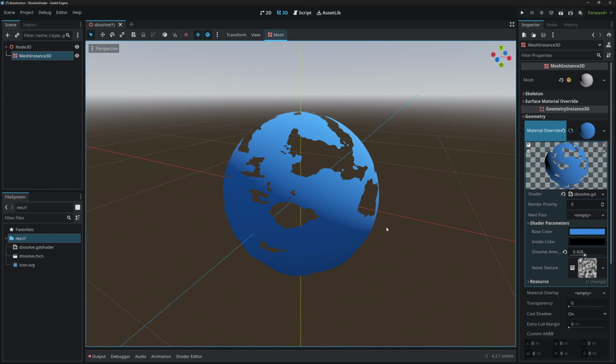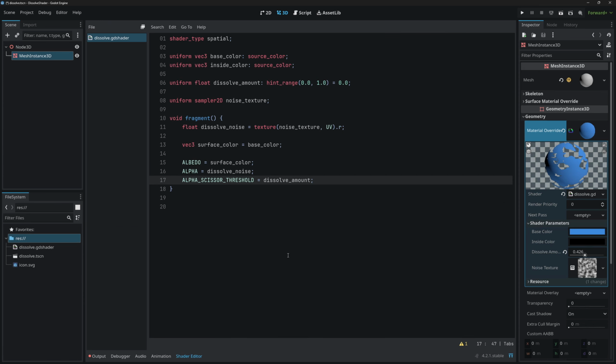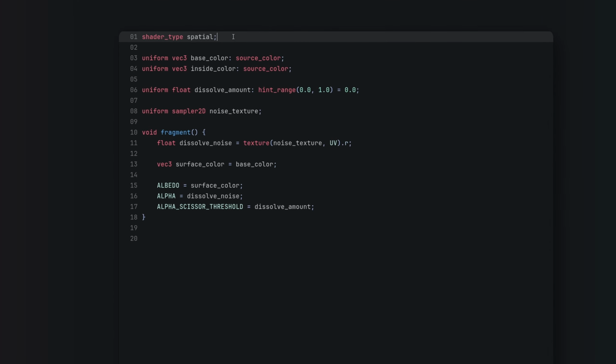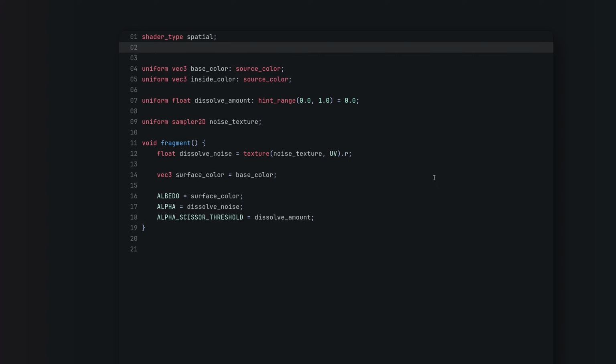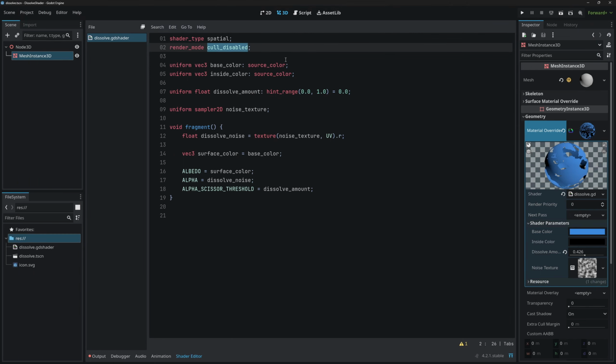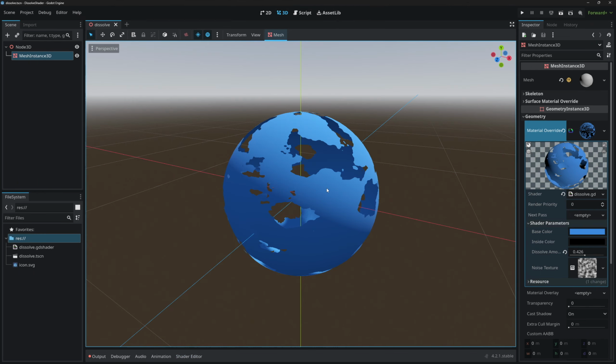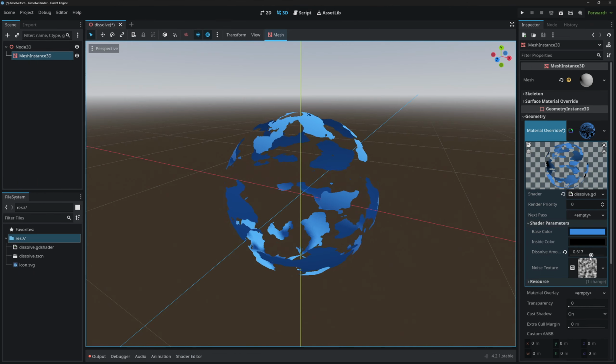Now, we're currently not seeing the inside of our object. To fix that, we can go at the top of the code, right below shader type, and do render mode, and we want to do cull disabled. And this cull disabled just means that we will be rendering both sides of the object. So now, if we go back, now we're seeing,